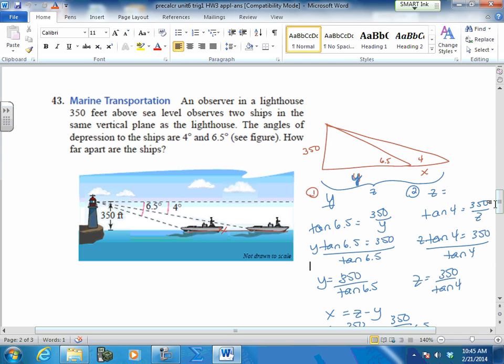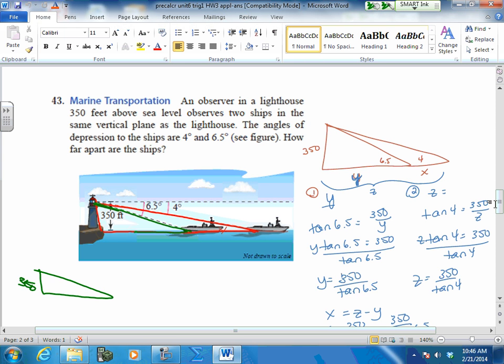I'm at the top of my lighthouse, and I observe 1 ship further out, and then another one closer to me. So there's my 2 angles of elevation. Okay, here's my eyesight line. So I've got one triangle that goes like this. And we'll make this over here. And I have another triangle inside. Same distance there. I've got two triangles. They're sharing this height of the lighthouse. So I have one that looks like this,